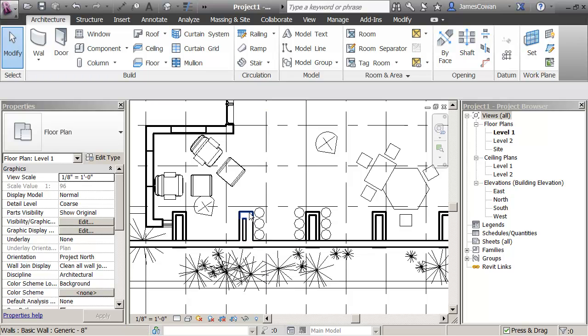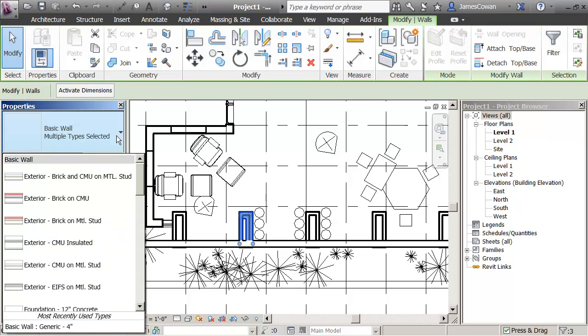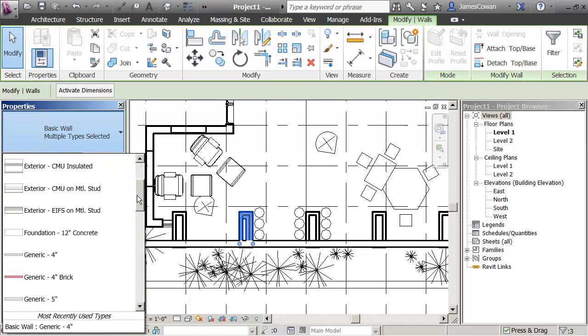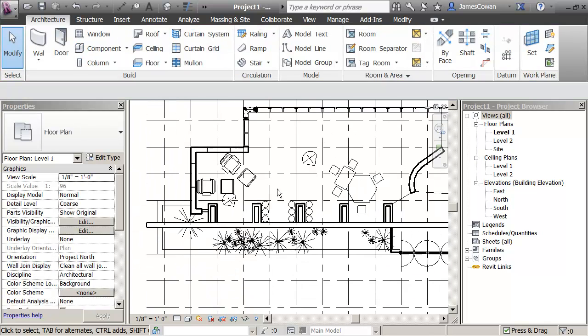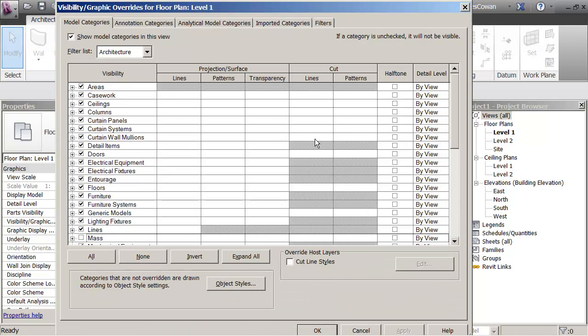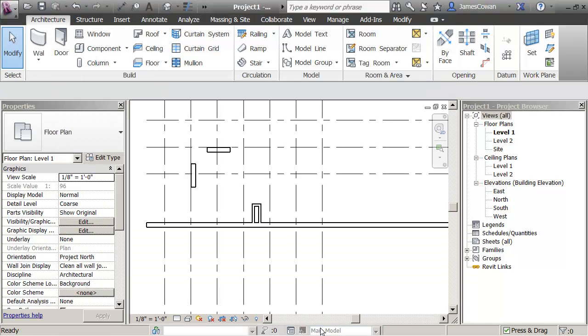So now if I were to tab on top of here to select all of these walls, I could change them from being one style to being another style, to change the walls itself. So I can draw like that. Let me switch off the display of the background file. So if I go imported CADs, and I'm just going to say don't show the categories in this view,